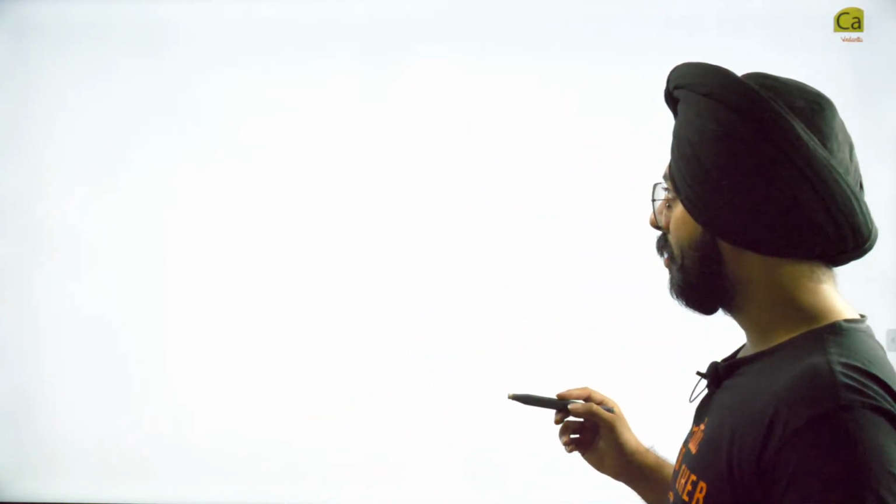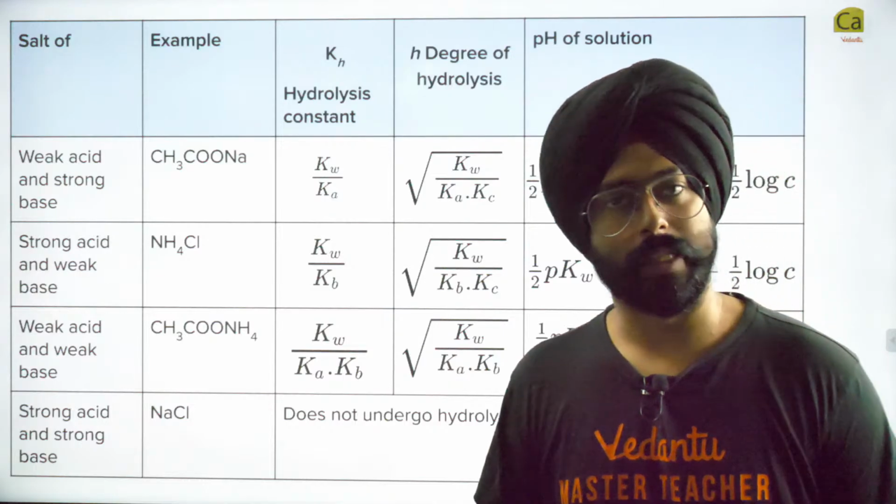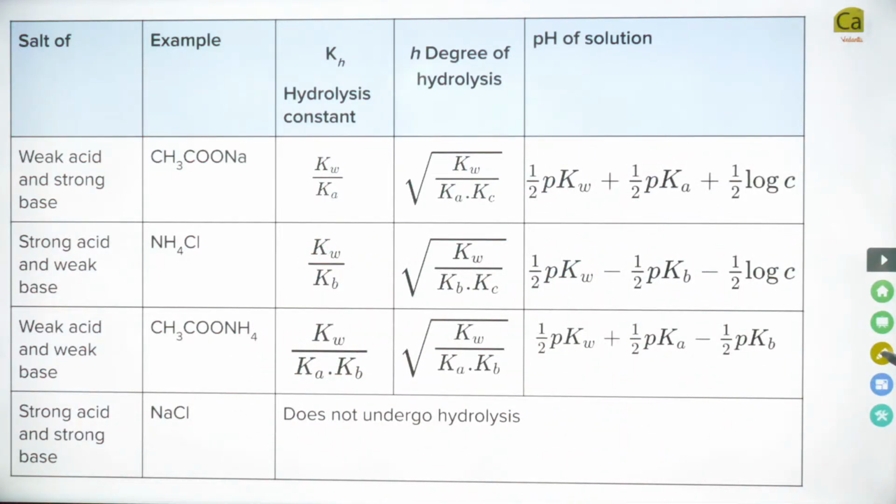In the previous class, what had we done? We had looked at the concept of salt hydrolysis. Today's class is going to be salt solubility. But as I told you in the previous class as well, the first 15 to 20 minutes of today's class will be devoted to salt hydrolysis itself. So I hope you have done your homework. I had told you to derive a particular formula for a certain type of salt. Without taking any further time, let me just show you these formulas. Let's just revise these ideas, which we have done in the previous class as well.